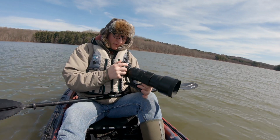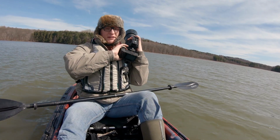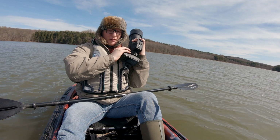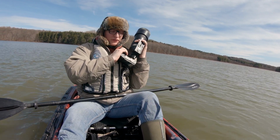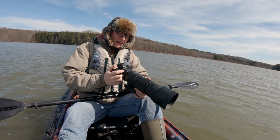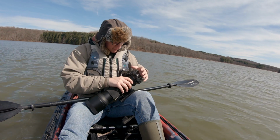But other than that, I like the ergonomics of it. I just wish it was a little bit longer so my pinky didn't fall off of it. So eventually I might get a grip or maybe a little add-on on the bottom for something with a little extra support. And then another thing, which some people might gasp, I'm doing this in the middle of the lake,